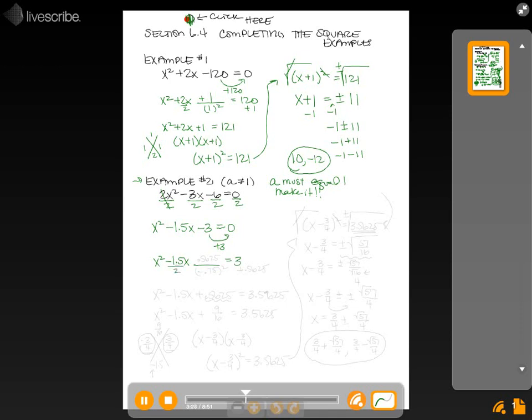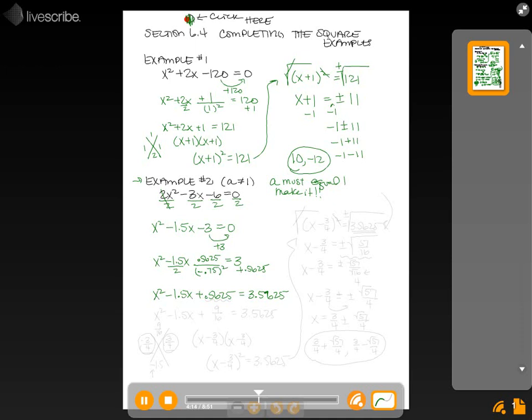We cut this in half. Half of negative 1.5 is negative 0.75, and we're going to square that. Well, negative 0.75 squared ends up being 0.5625. Now, I'm going to do something here in a second that will help us in the long run, but right now I'm going to add 0.5625 to the other side also. So my new problem is x squared minus 1.5x plus 0.5625 equals